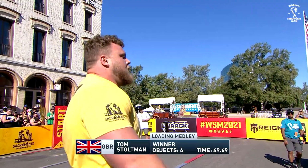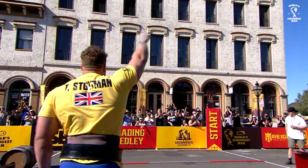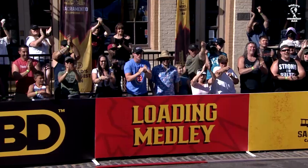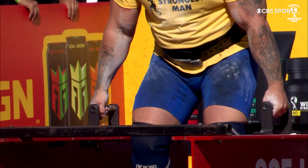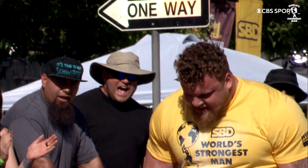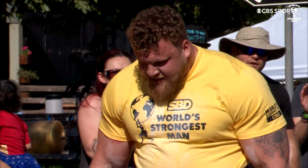49.69 for Tom Stoltman. That was one of the most extraordinary things I've ever seen. Not least, most improved body part of a strongman. Right there, the grip. It looked rock solid. The rock solid albatross. It wouldn't fly. But Tom Stoltman